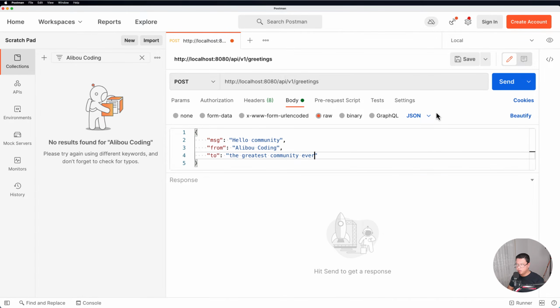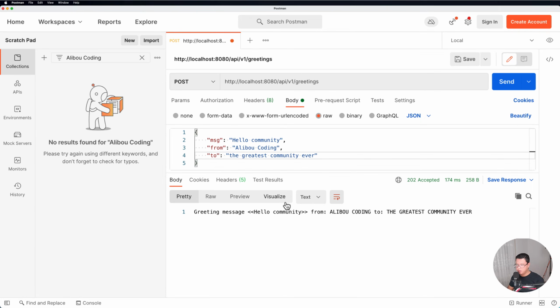So this is what I want to send. Let's send this and see the output. And this is what our endpoint, our backend, is doing: it is just returning a greeting message, "Hello community from aliboucoding to the greatest community ever." And what we are doing in the backend is just transforming the from and to